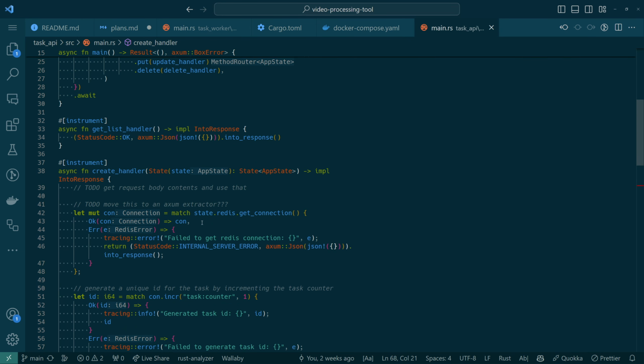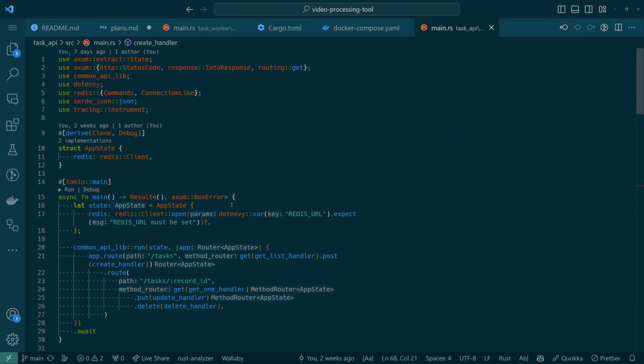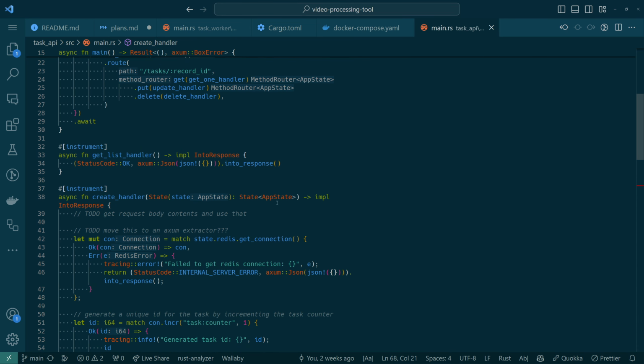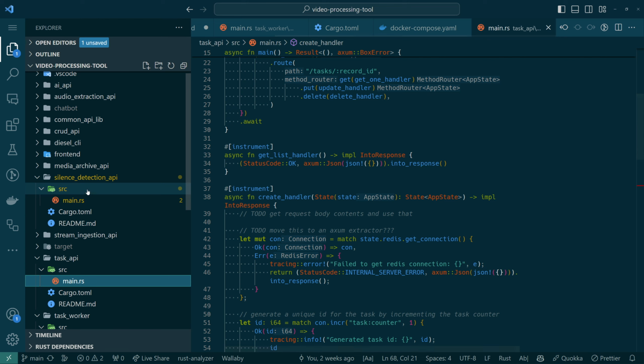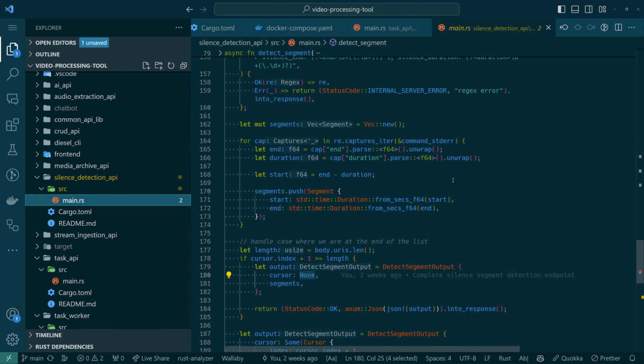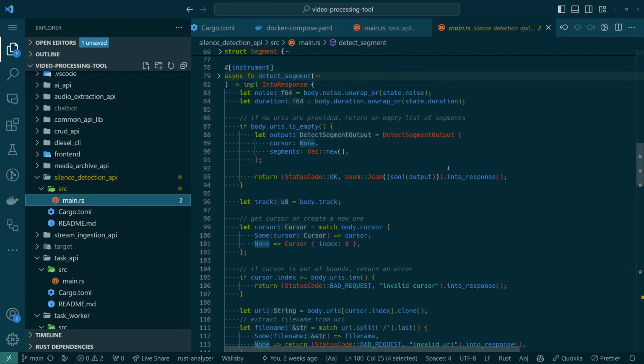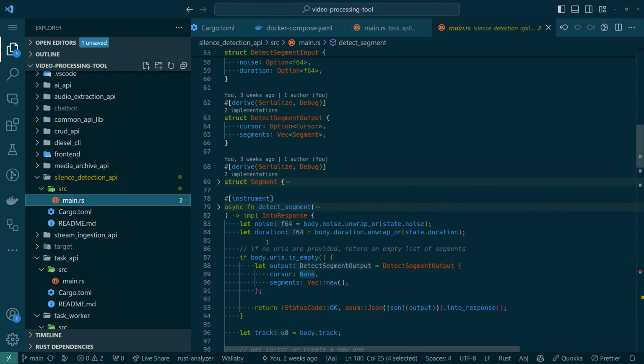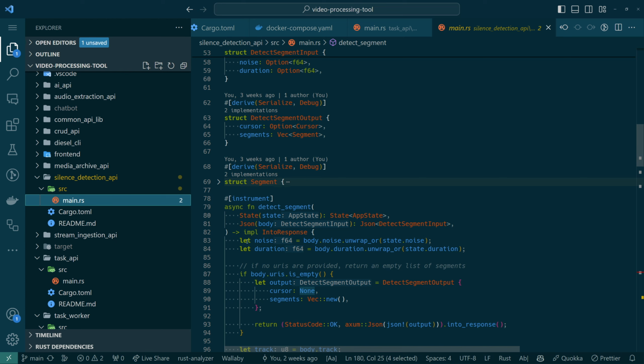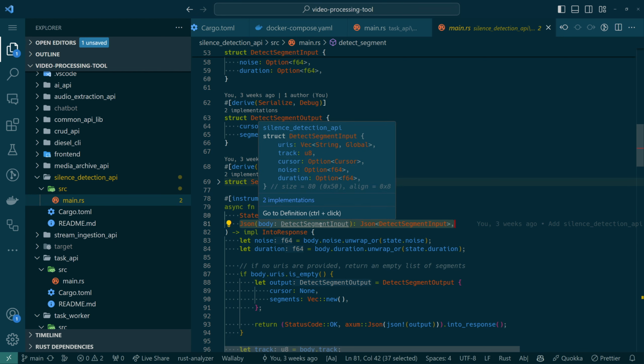So what we need to do is define what the body of the request is supposed to look like, because we've not done that yet. I don't really remember how that's supposed to work. So let's go look at one of the other APIs that I did do this for, and figure out how that's supposed to go. Okay, so here's an example of where we're taking a JSON request body